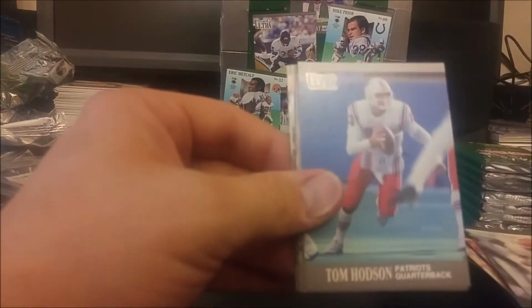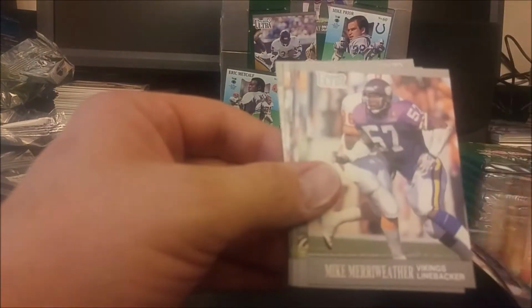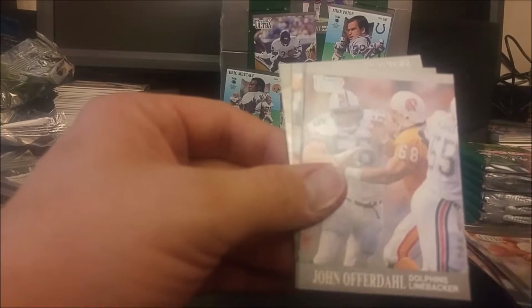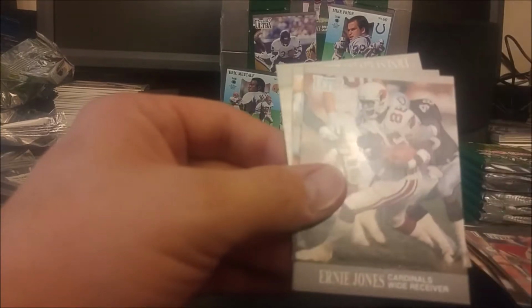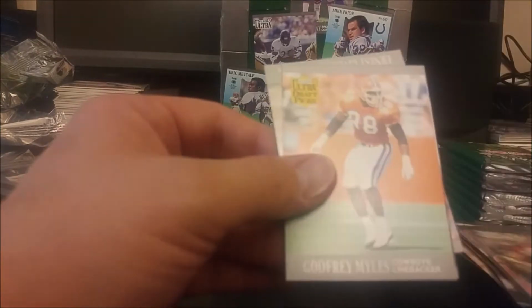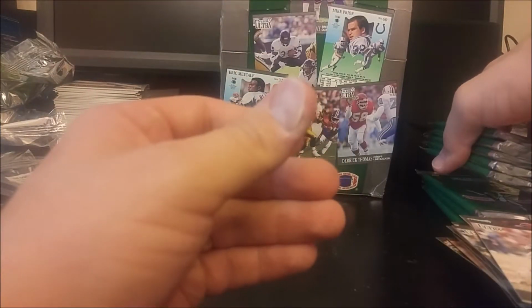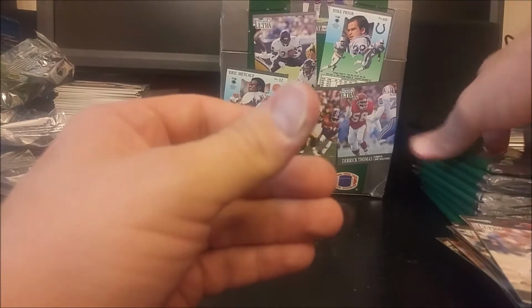Reggie Langhorne. Tom Hudson. Cleveland Gary. Mike Merriweather. Ron Stallworth. Reggie Cobb. John Offerdahl. Clarence Verdin. Ernie Jones. Keith Jones. Godfrey Myles, rookie. Pete Metzelaars and Ernest Givins. 1, 2, 3, 4, 5, 6, 7, 8